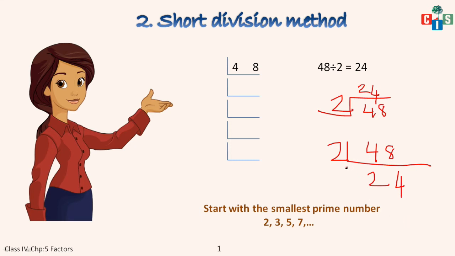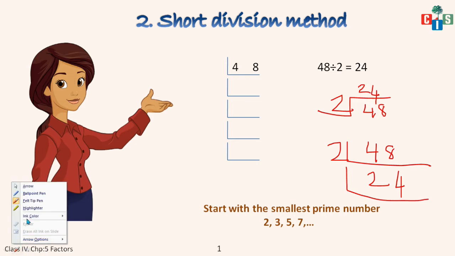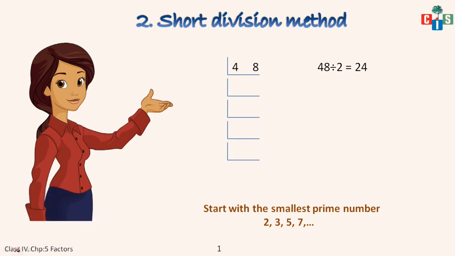Then again you have to do division. Then again you will write a number here and again you will write the number here, as in you will do the division. Are you getting it? You have to keep drawing lines like this. I hope you will find it easier to remember. Now let's continue with our sum. Now I will write this 2 is important and this 24 is important. So 2 is to be written outside and 24 written below.